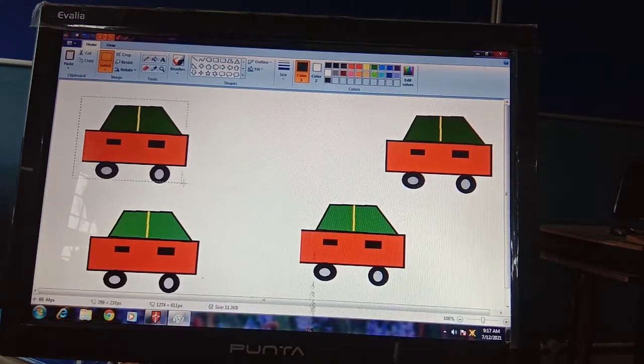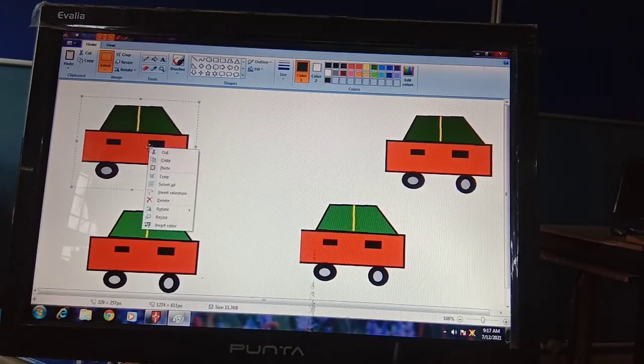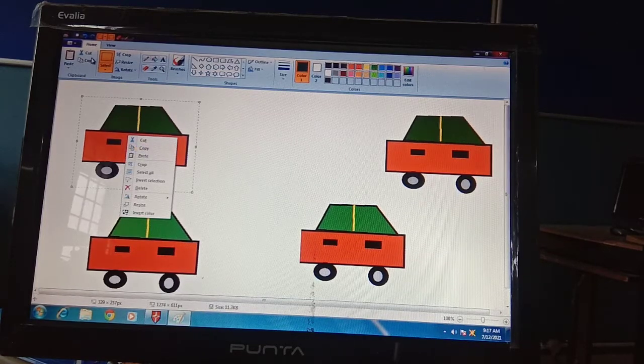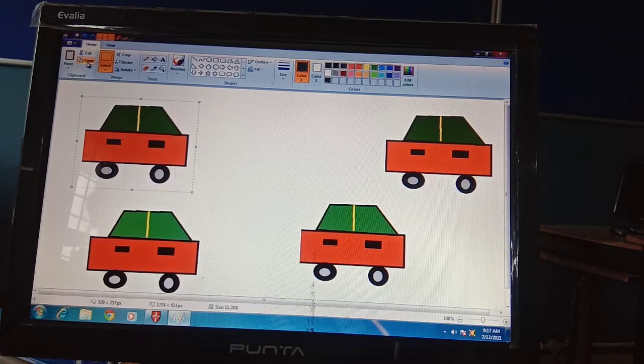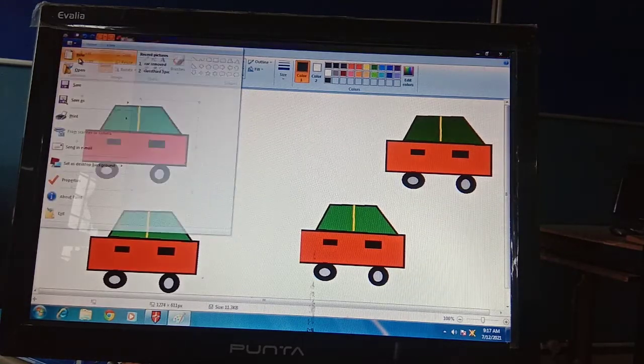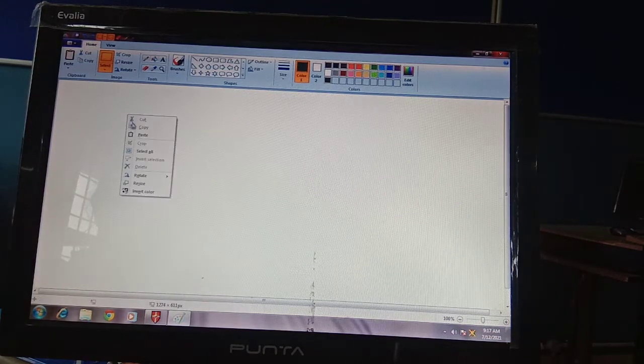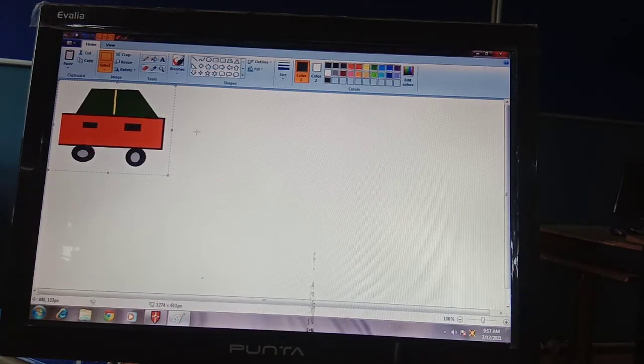You can also copy or cut the object with the help of a right click. First select the object and right click on the object, then the options will also come. So click on the copy option. It is copied and I am just selecting a new slide. Here I am pasting it. So one picture is pasted here.